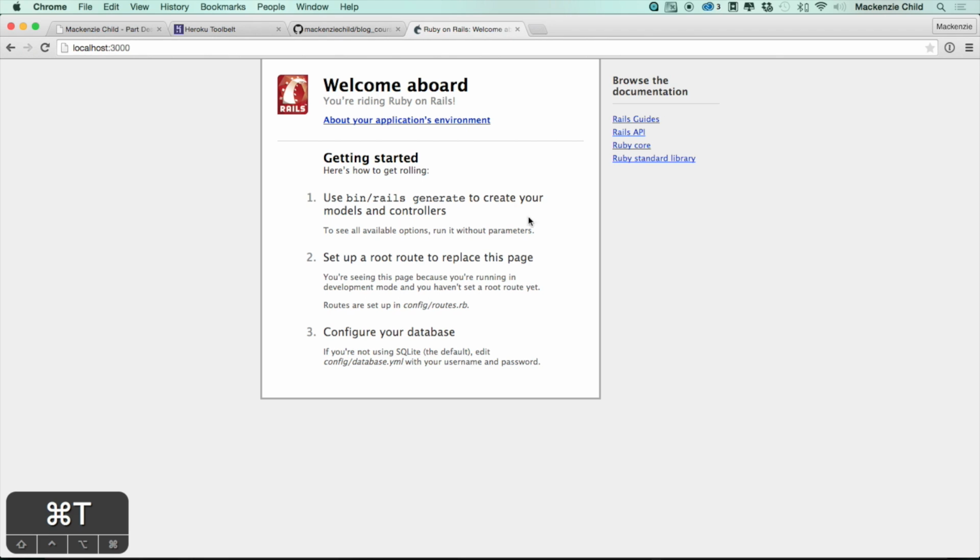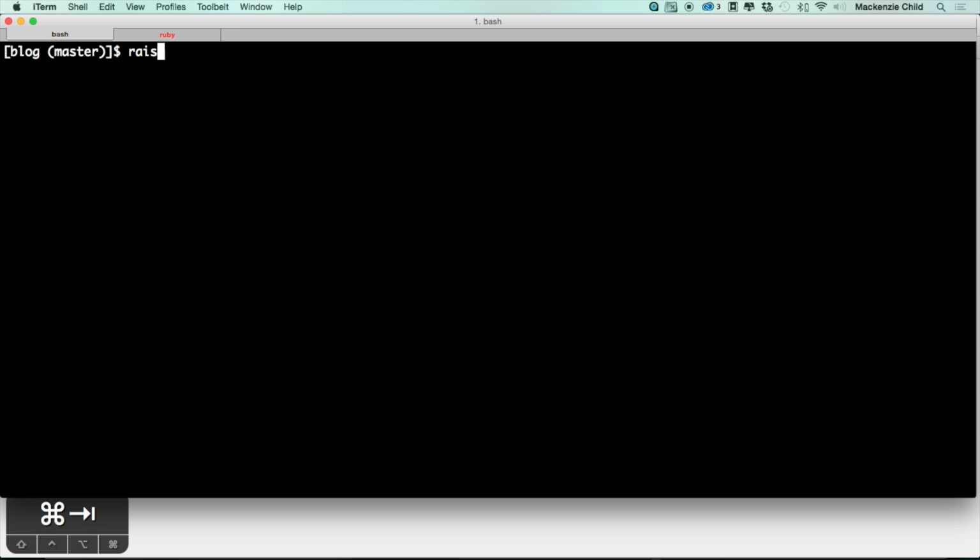All right, so we are writing Ruby on Rails. Awesome. So the first thing we want to do is create a model for our posts. So let's do rails generate model, post model,